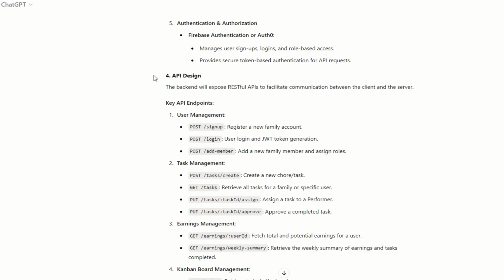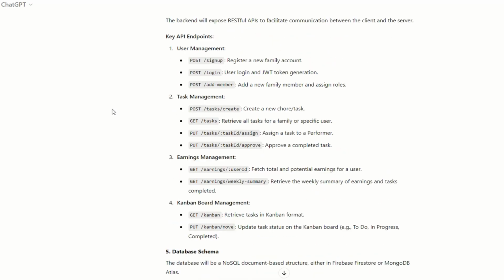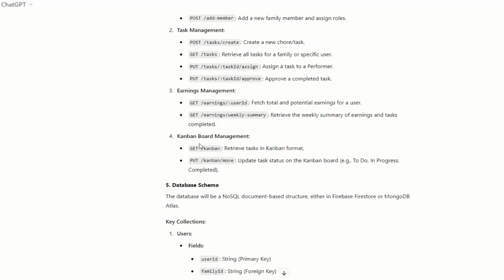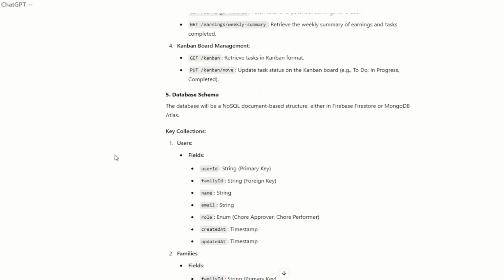Then it gives us an API design. The backend will expose RESTful APIs to facilitate the communication between the client, which is the mobile app, and the server, which hosts our application. The key API endpoints are provided for user management, task management, earnings, and how to display and operate the Kanban board.